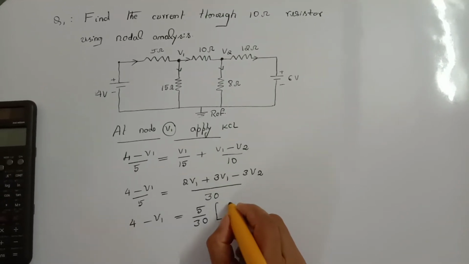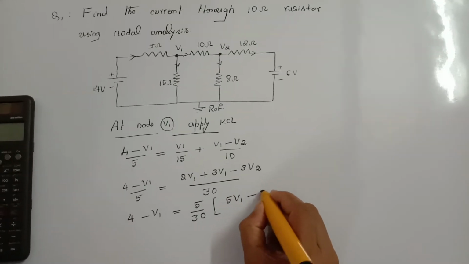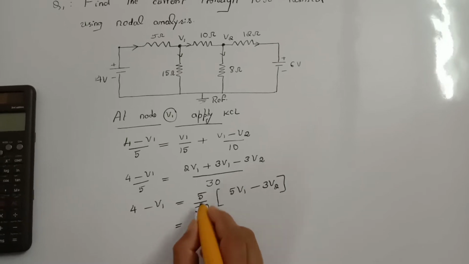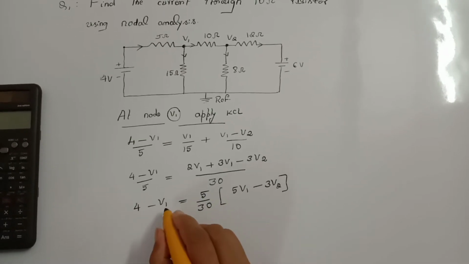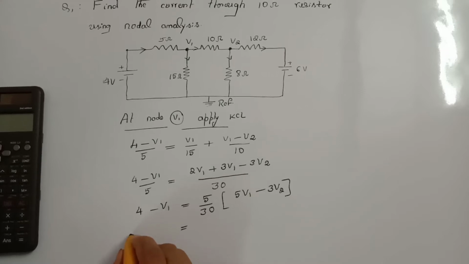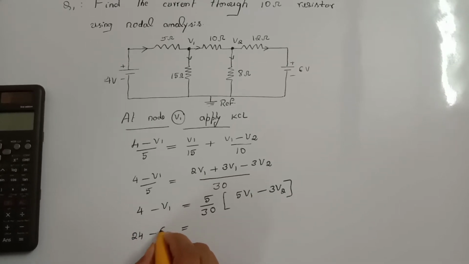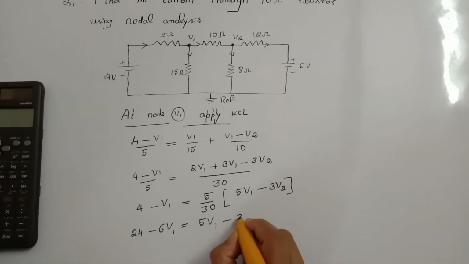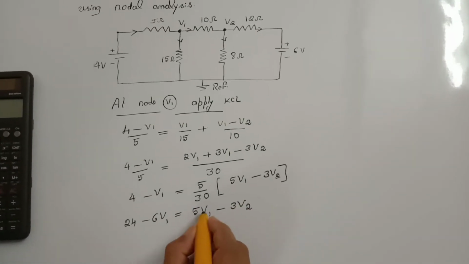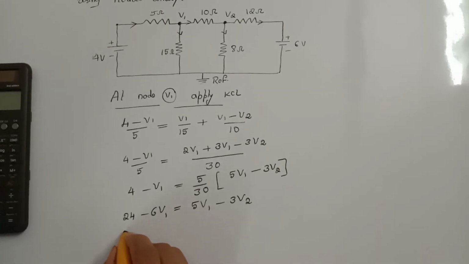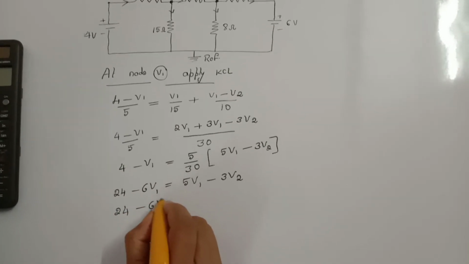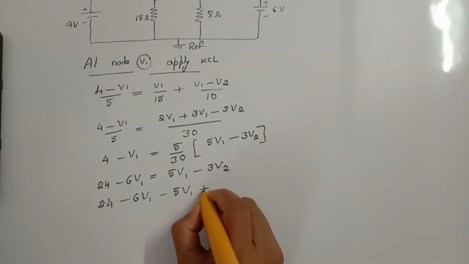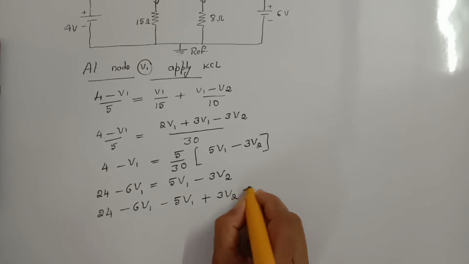2V1, 3V1, 5V1 minus 3V2. Or we can simplify, 5 ones are 5, and this 6 gets cross multiplied here, so I can write 24 minus 6V1 is equal to 5V1 minus 3V2. Or I can take this term to the other side, so this becomes 24 minus 6V1 minus 5V1 plus 3V2 is equal to 0,